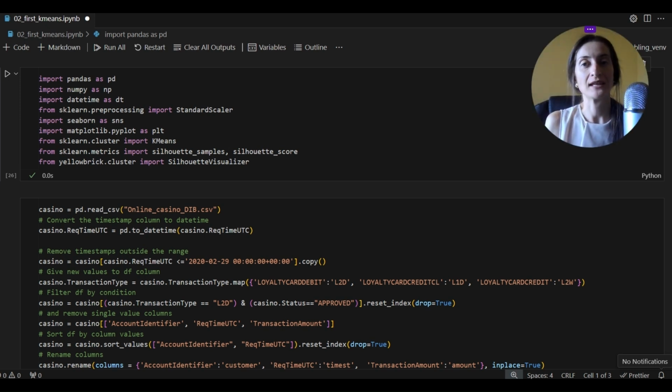The goal is to create groups such that the people within the group are similar to each other and at the same time different from the other people in other groups. This is an unsupervised learning problem as we do not know how many groups there are in our data, nor do we know in which of the groups each one of the customers belongs. We are dealing with unlabeled data and we are actually trying to infer those labels by finding the hidden patterns